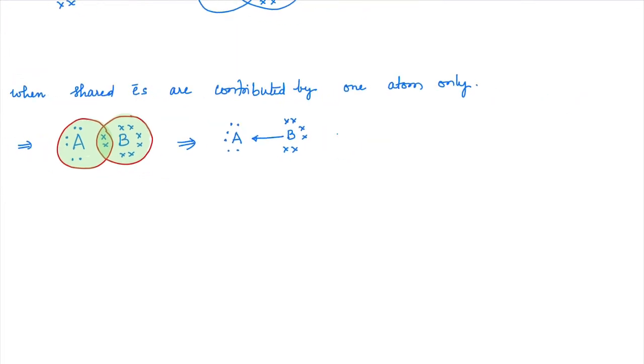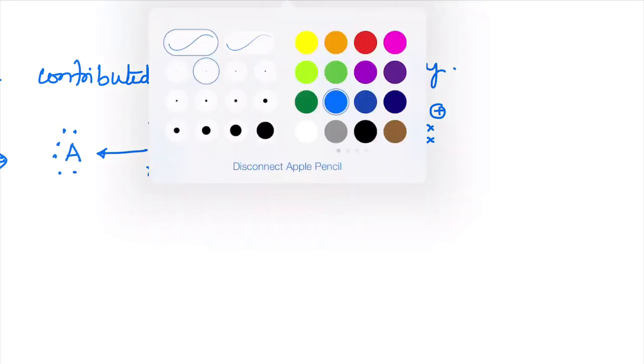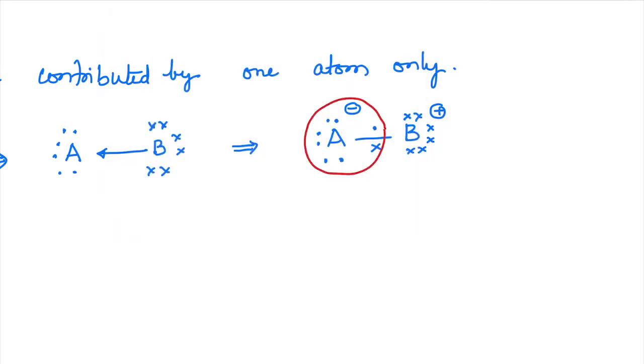Okay. Or the same can also be represented as if A has gained 1 electron and B has lost 1 electron. Hence, A is getting a negative charge. Okay. So it has gained 1 electron, B has lost 1 electron, and rest all electrons of B are intact. Watch this carefully, correct? So here also you can see that octet is completed. Now here what happened, B initially has lost an electron to A, imagine it that way. So that means A must have gained one electron, so it is showing that extra negative on its surface. B has lost its electron, so it is showing extra positive on its surface, and both of them are sharing one electron each. That's how a bond is forming.